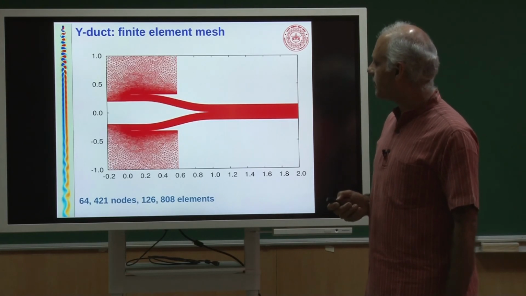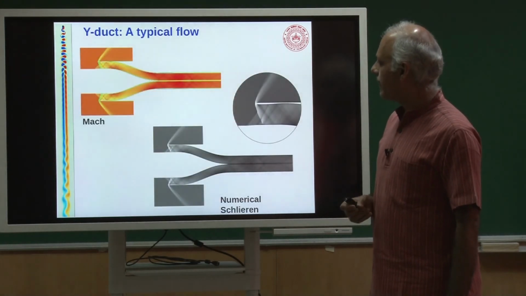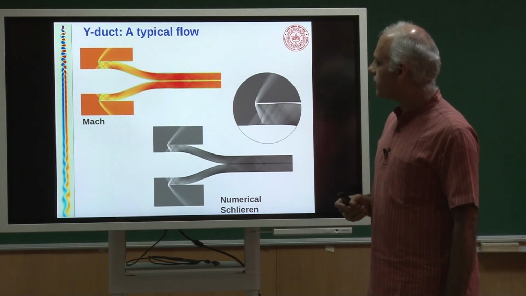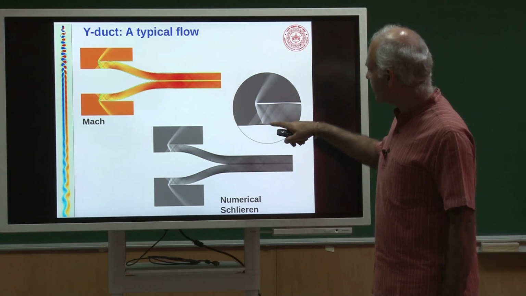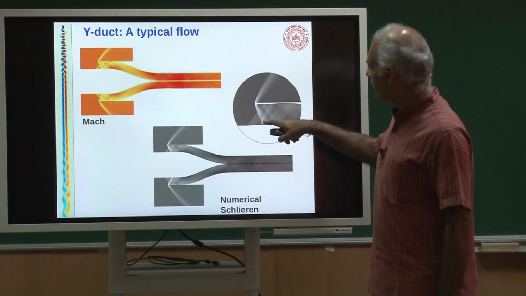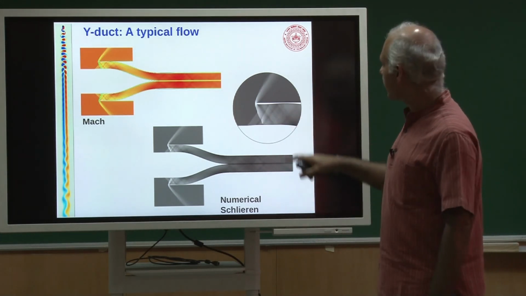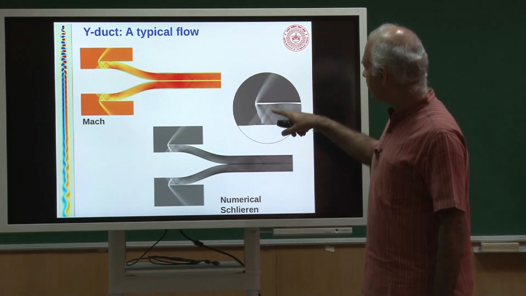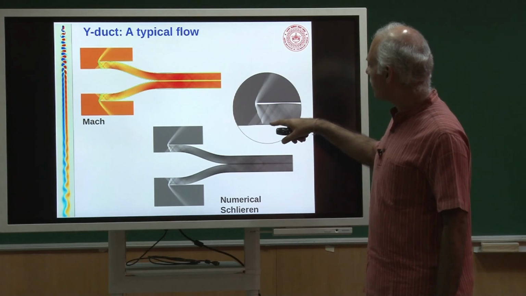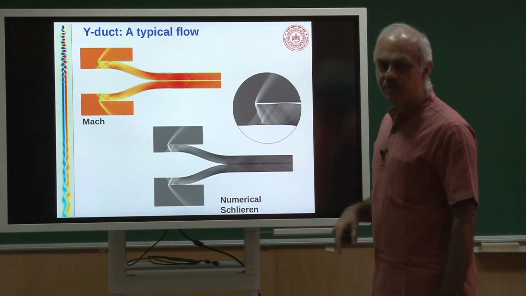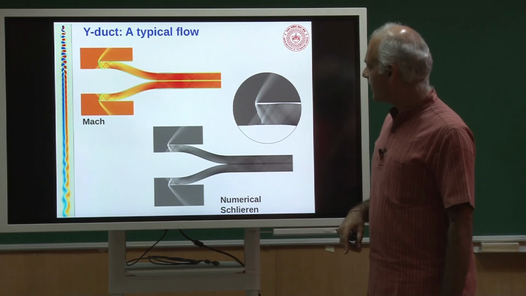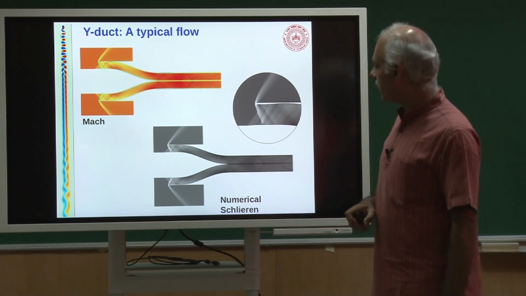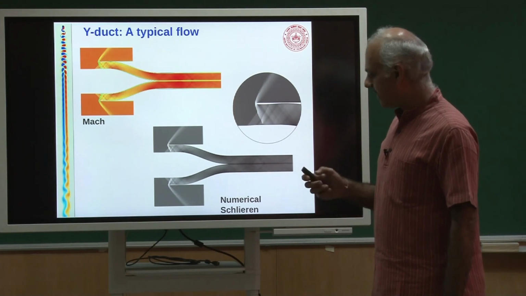Again, a typical finite element mesh. And just to show you, a typical flow would have a very interesting structure. You would have a very nice interaction between the boundary layer, the shocks and their reflections, and as a result of these shock waves, there would be pressure fluctuations inside the boundary layer that would lead to an undulating structure of the boundary layer and its very rich dynamics.